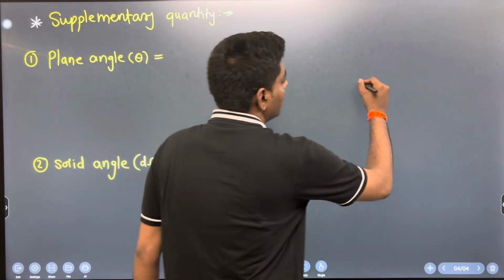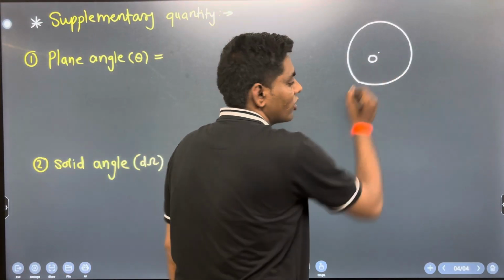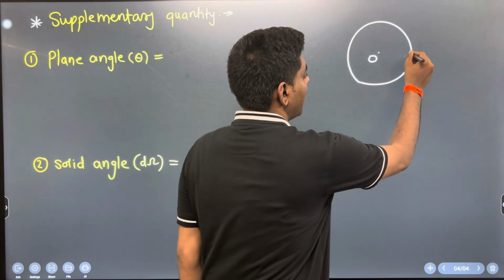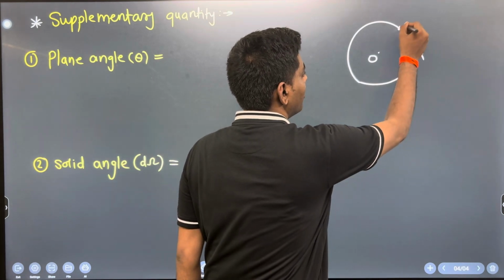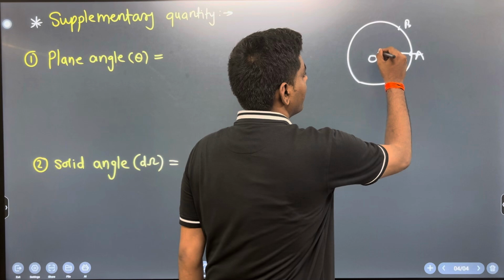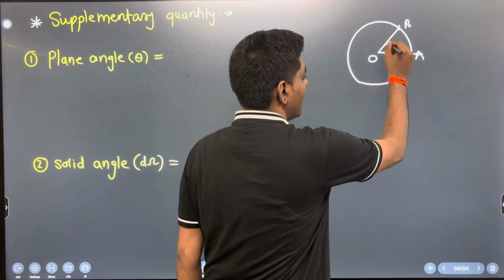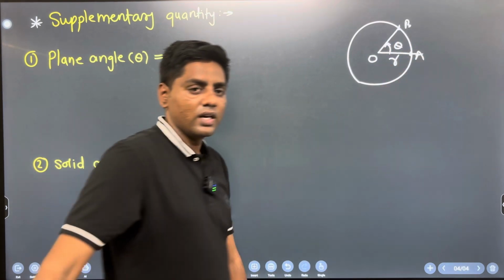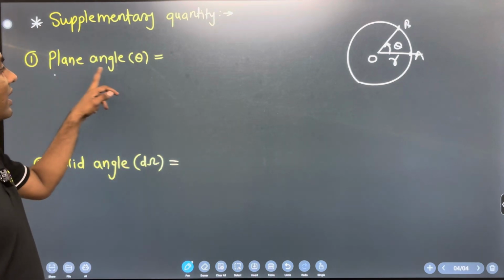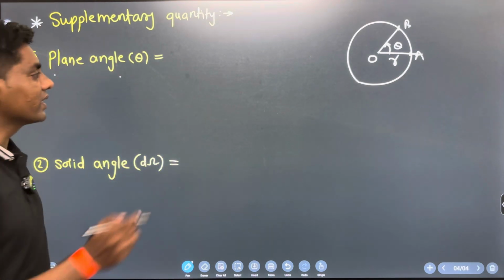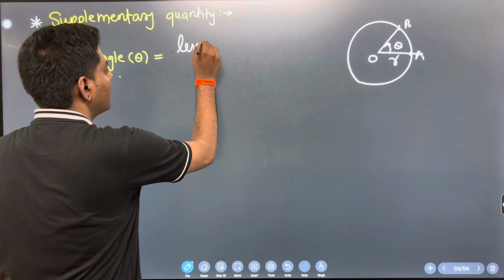So we draw the circle diagram. Now this is the center of the circle. We consider that the particle is moving from point A to the point B. So when it's moving from point A to the B, having radius r, and now this is the angle theta. So we have to calculate what is meant by plane angle. The definition is very easy, that is length of arc